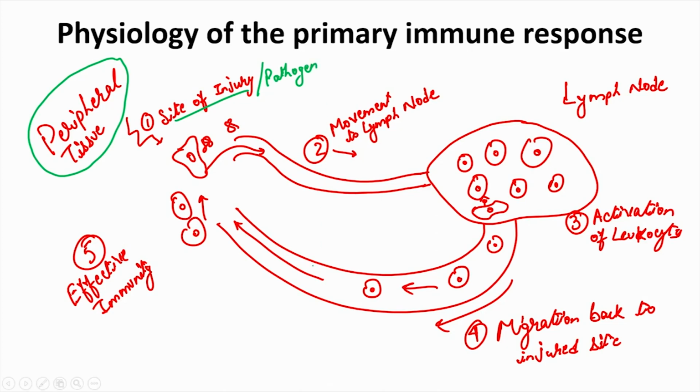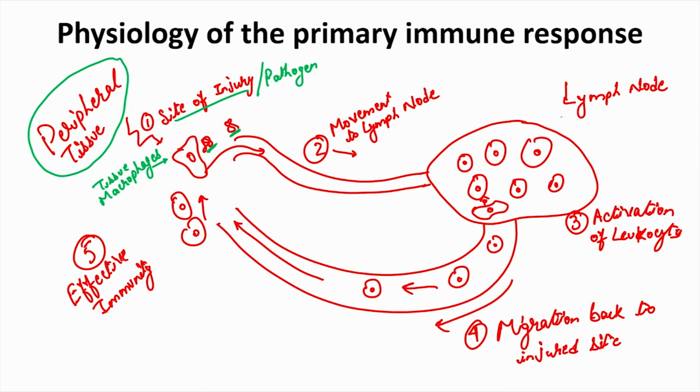Because of this pathogen and the injury, what will happen? You may have pathogen or external proteins, antigens in that case, present at the site. Then you have these tissue macrophages that are going to take up these antigens. So, these macrophages will then go